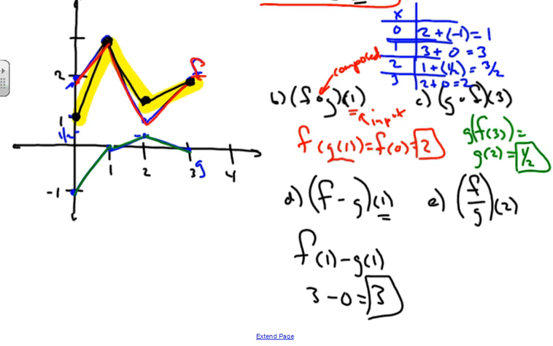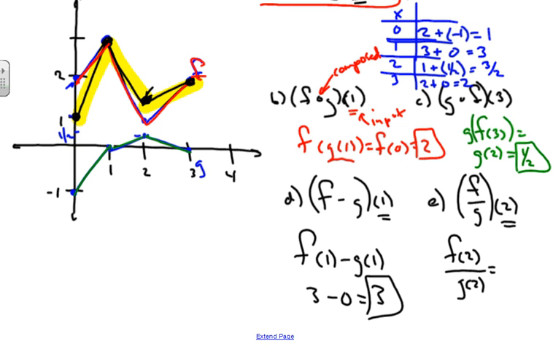This is f over g of 2. Once again, not multiplication. It's f of 2 over g of 2. Some students say, why do they write it like that, Mr. Gottschalk? Well, it's just the way it is. All right, it's an easier way of writing notation for functions. So in this one, we see f of 2. For f of 2, we look at our graph, and we see f of 2 is right here,